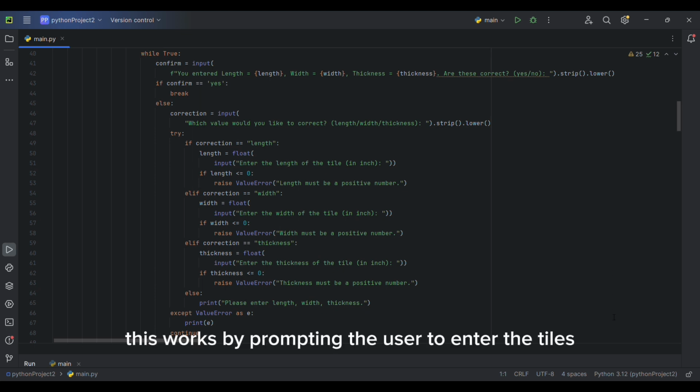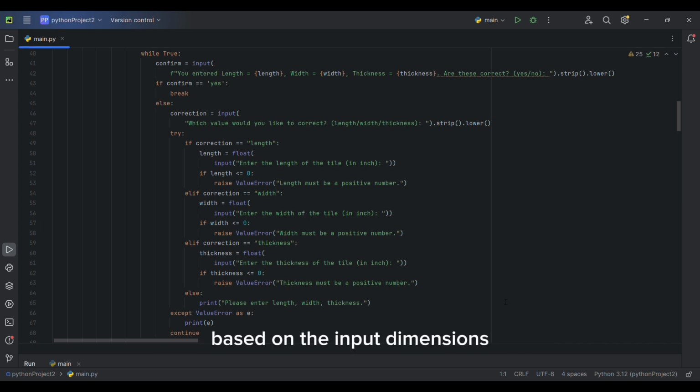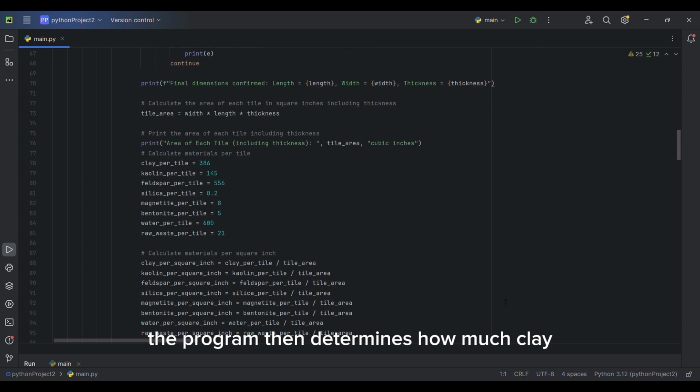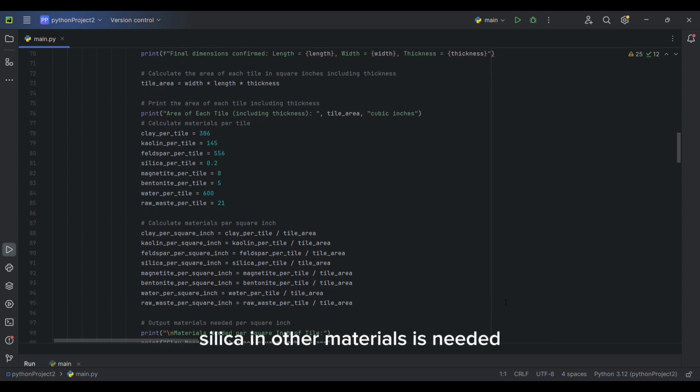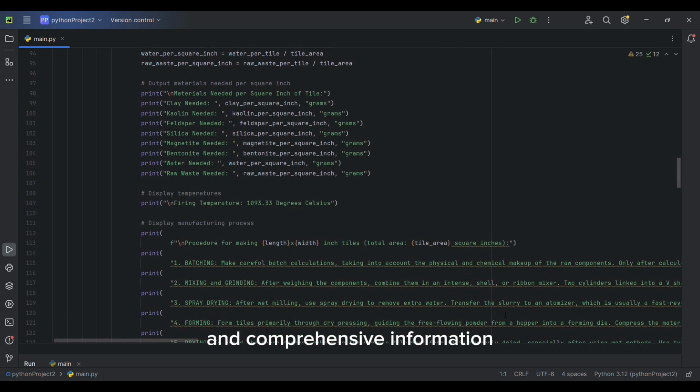This works by prompting the user to enter the tile's precise dimensions after choosing a tile type. Based on the input dimensions, the program then determines how much clay, silica, and other materials are needed. The program precisely calculates and provides all of the material needed based on the specified dimensions, giving users access to precise and comprehensive information.